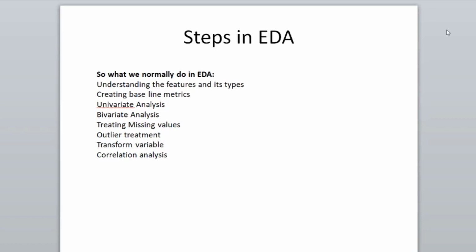And the next one is correlation analysis. Inside correlation analysis, you see how individual features are correlated with each other. When one variable increases, if the value of the other variable is also increasing, that is called a positive correlation. If one variable increases and the value of the other variable decreases, then it is called a negative correlation. If there is no change, it is called no correlation. The correlation ranges between -1 and 1. So these are some of the basic steps that we perform in EDA.